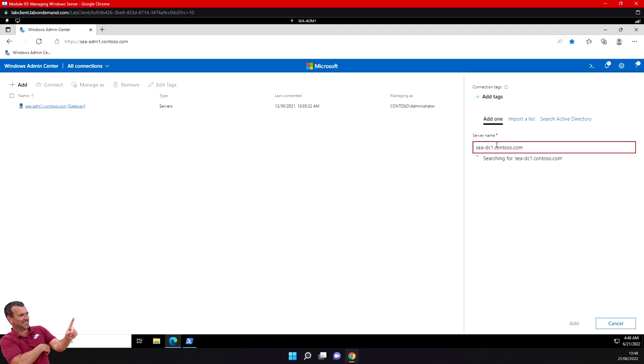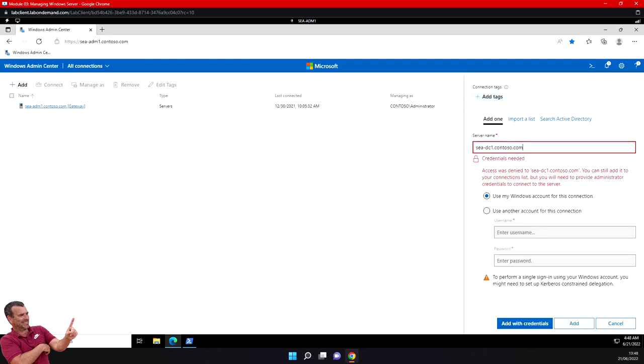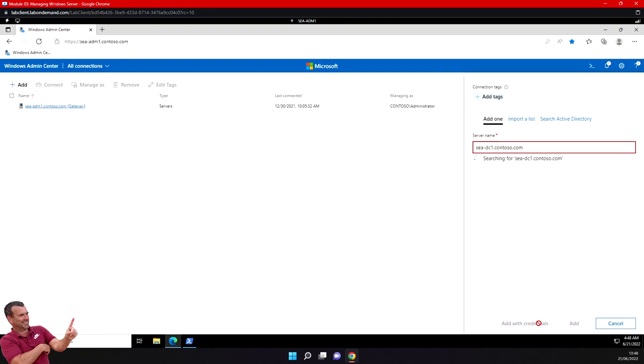Okay. And you must ensure that use another account for this connection is selected. And I'm going to add, of course, again, my admin account here and my password. And I will do add with credential. So if you have a message saying that you can add this server to your list of connection, but we can't confirm it's available, appear, select add, and in the all connection pane, select again the server 1,